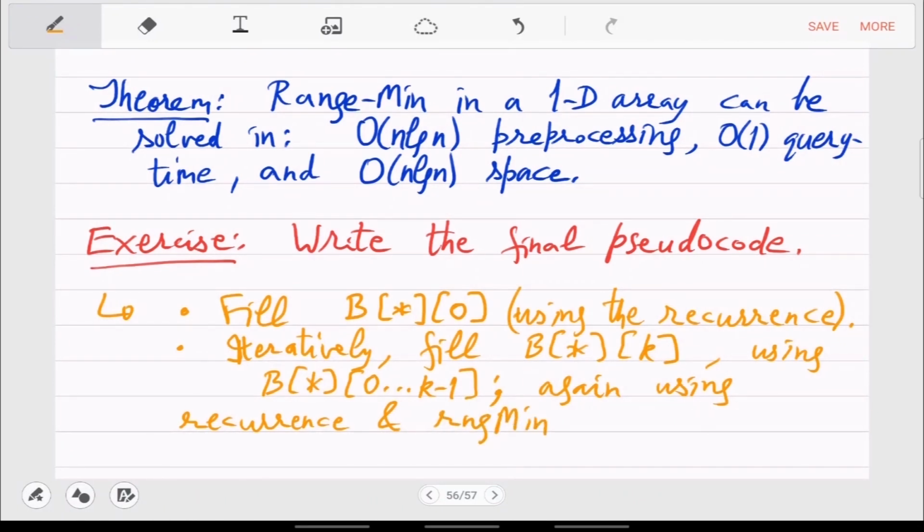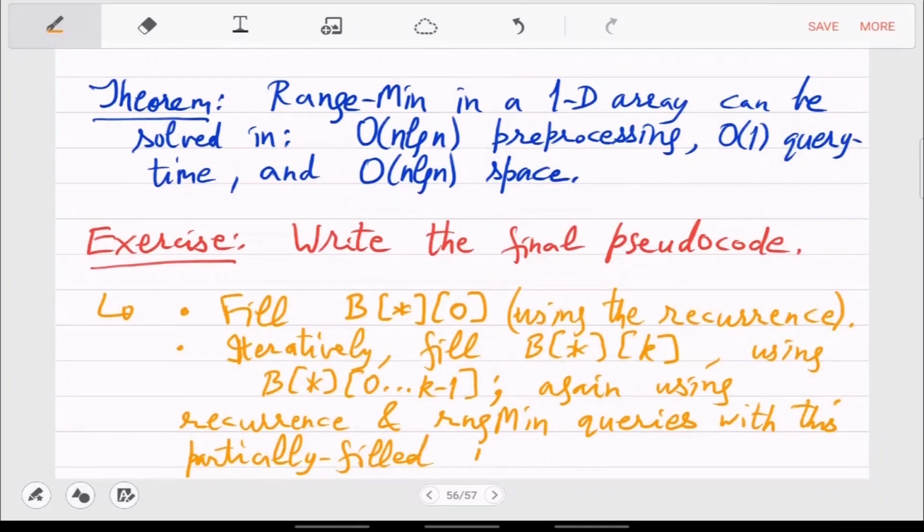Otherwise, it won't be possible. With this partially filled B matrix.